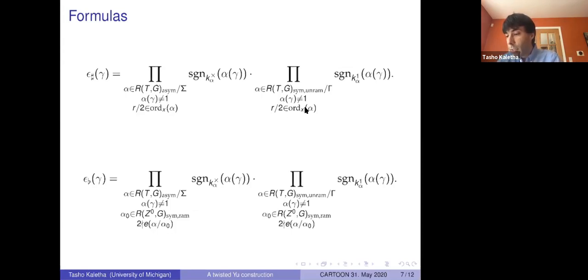And even though, as you saw, these formulas were very elementary, we found it was rather difficult for us to find this sign character. And you'll see in the next slide why. The main point is that these,